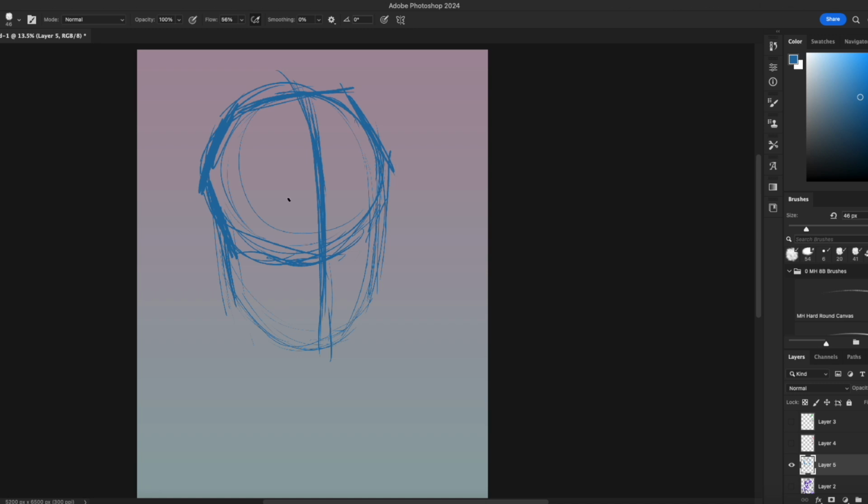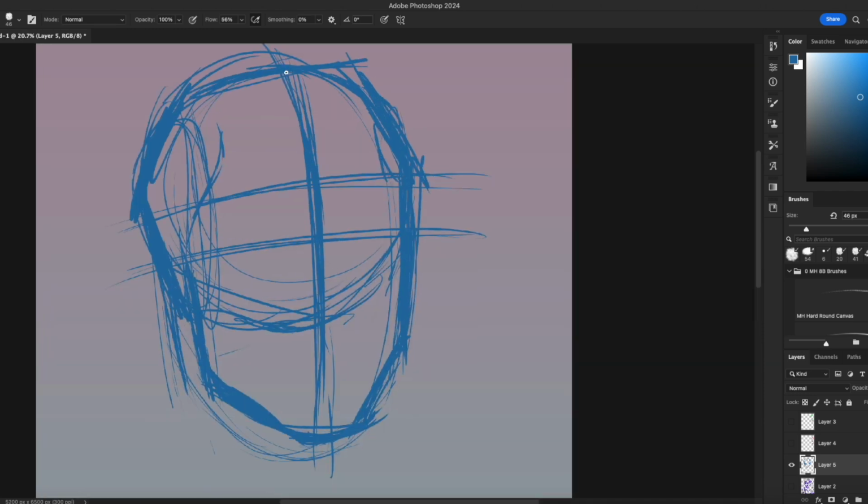Something that I sometimes like to do, especially with 3/4 views, is add the side circles just to remind myself of where the jaw should be and how the head is angled. He's got them Eastern European cheekbones. Now, what I do for the eye sockets here, rather than a full circle, I kind of do a weird parallelogram looking, rectangular rhombus looking thing, just because when you're doing a 3/4 view,